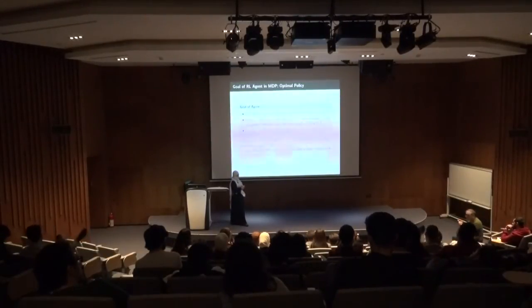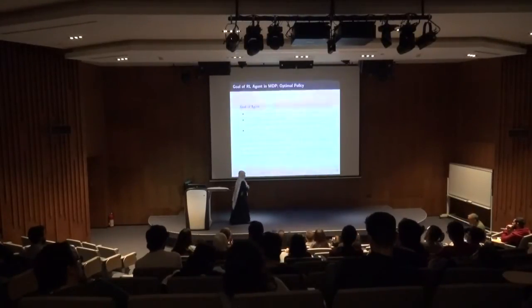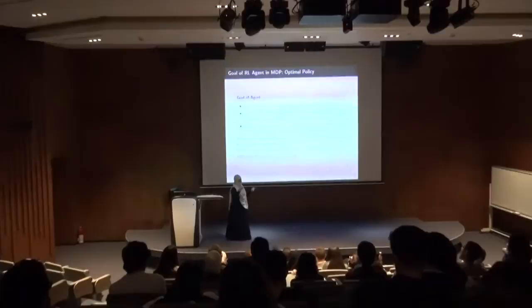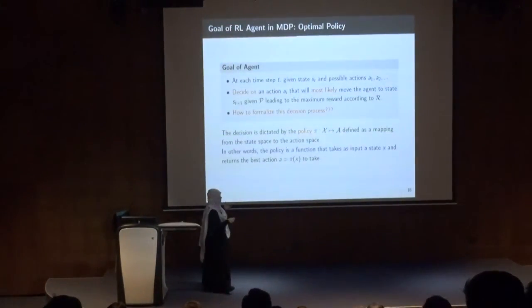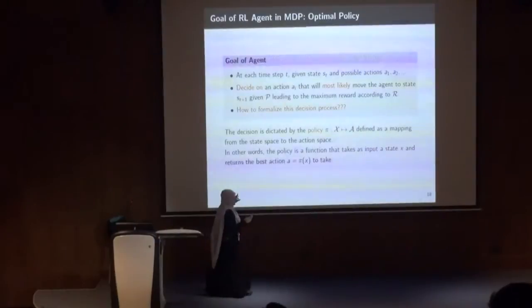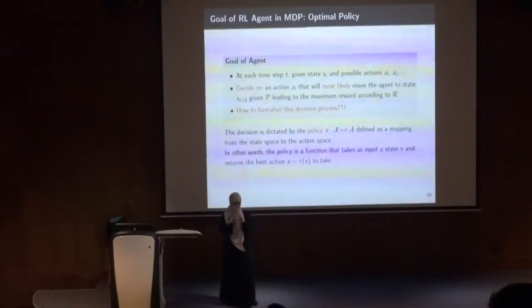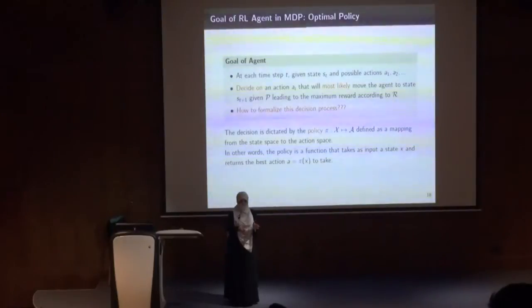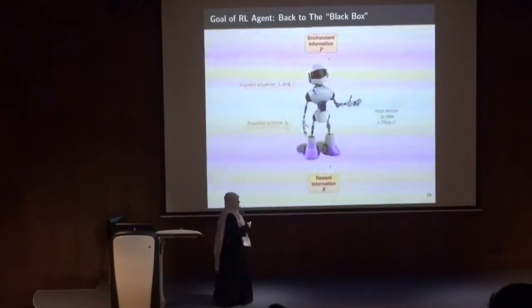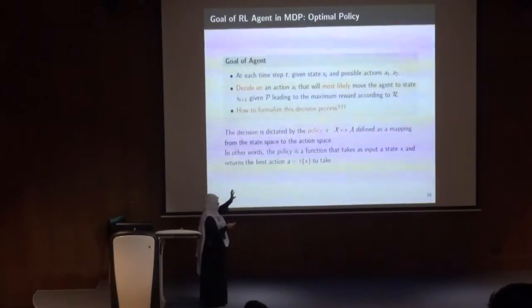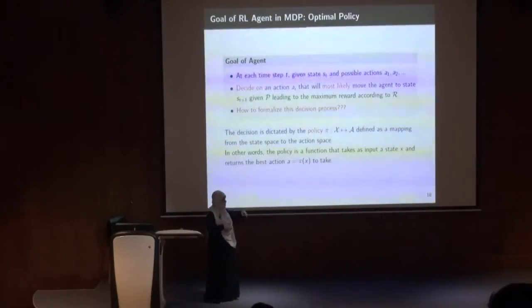This is the second star to keep in mind, because this is the model description right here. If you read reinforcement learning papers or deal with real reinforcement learning problems, you will probably not deal with a policy that takes X and returns A, because the environment around us is not deterministic. There is no guarantee that if I execute a certain action that leads me to a certain state, I will end up in this state. So we deal with stochastic environments. Usually we have the policy as a stochastic policy, which we will see later.